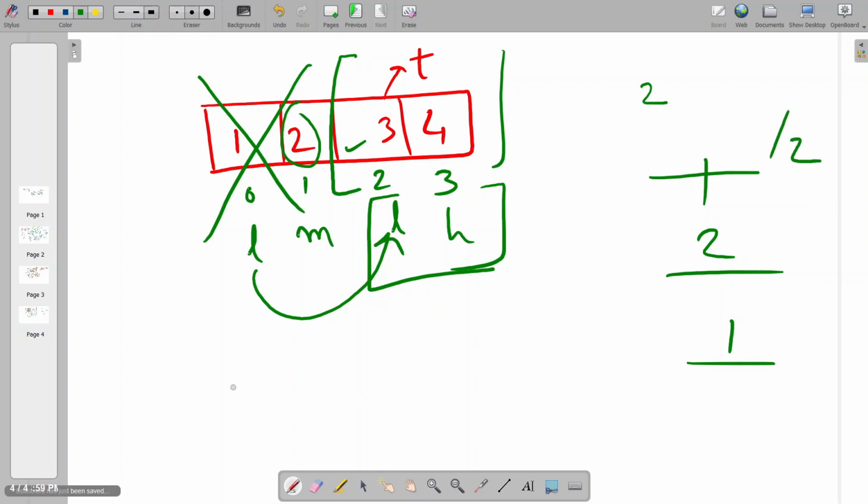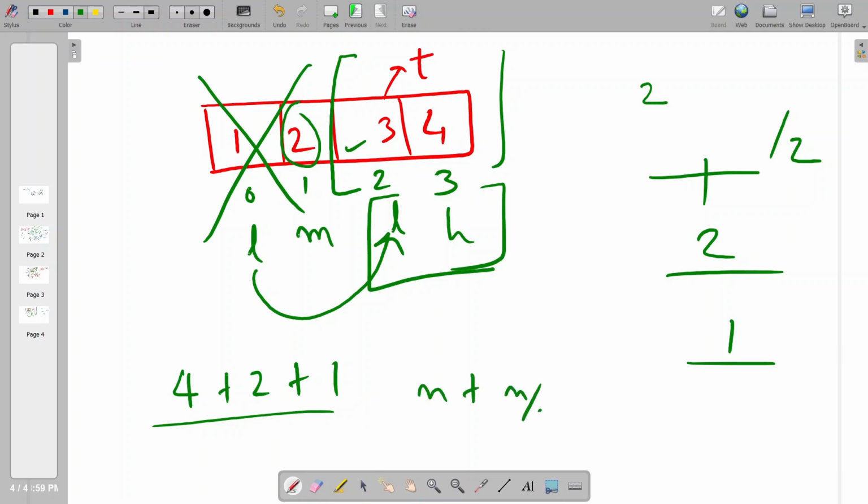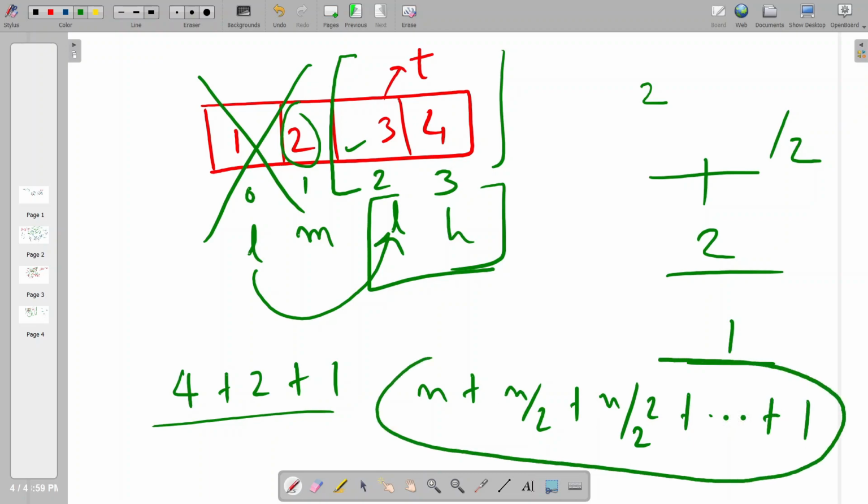And if we keep track of this series, like first of all 4 plus 2 plus 1, and in general n plus n by 2 plus n by 2 square, plus in this way ultimately we result to 1. This series is a logarithmic series, so the evaluation of this series will give you log n base 2. It's something purely mathematical.